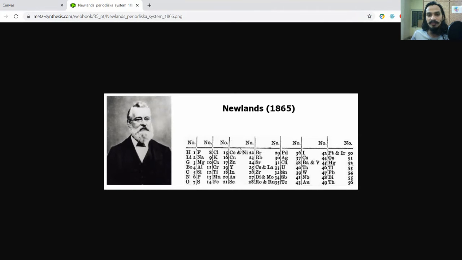Even bromine will have similar properties to fluorine and chlorine, but cobalt and nickel are in no way similar to fluorine, chlorine, or bromine. These are metals. Fluorine, chlorine, bromine are all non-metals. So one big problem is that in some places the properties were not matched, although he said they were. Even platinum, iridium, and palladium are all very different from fluorine, chlorine, bromine, and iodine. So he put very mismatched properties of elements together. That's the biggest problem over here.